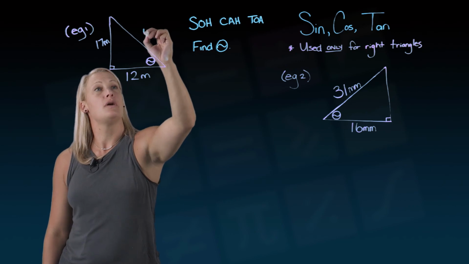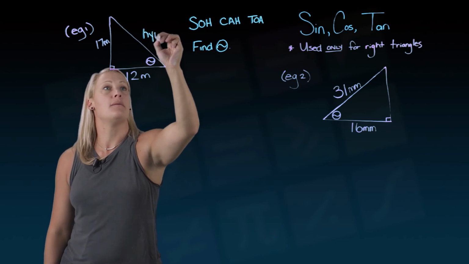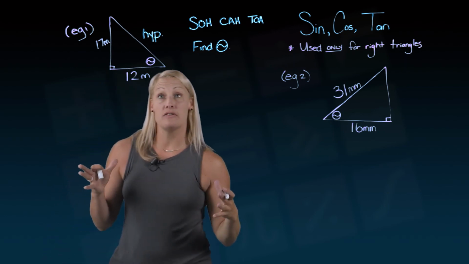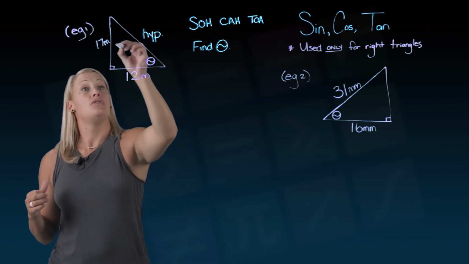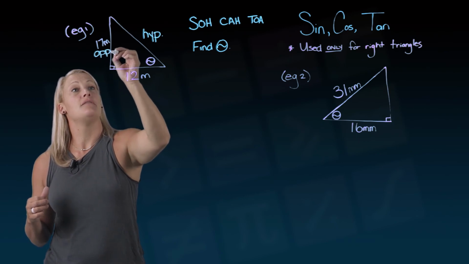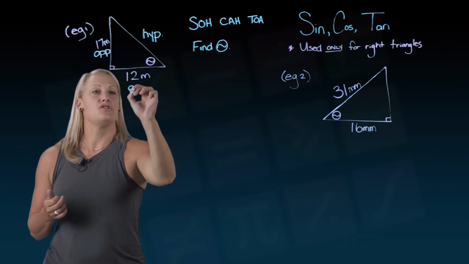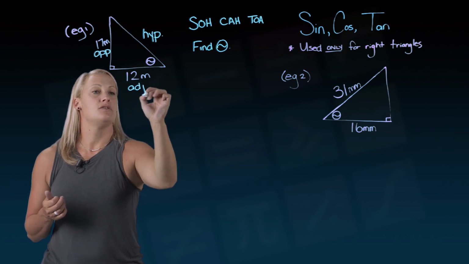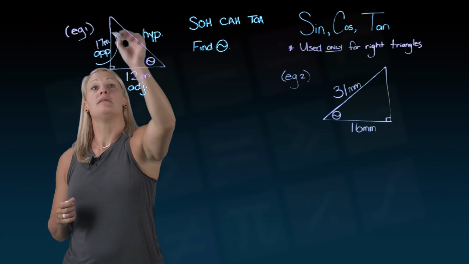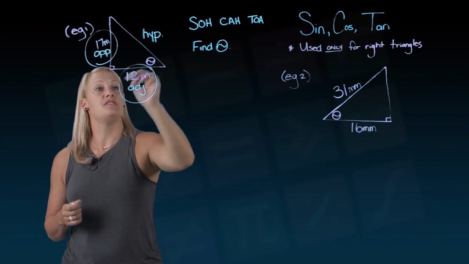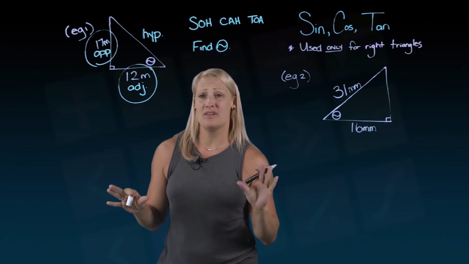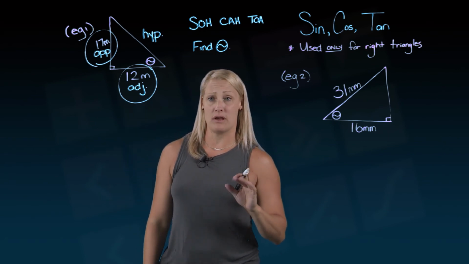So right across from the right angle, that's hypotenuse all the time, no matter what. Now the angle I'm trying to find is the angle that's going to be in my calculation, which means directly opposite. That would be the opposite side. And then my leftover guy is the adjacent. A, D, J. Okay, so I have got my opposite and my adjacent side. I don't have my hypotenuse. I'm not looking for my hypotenuse, so let's not worry about him in the calculation.